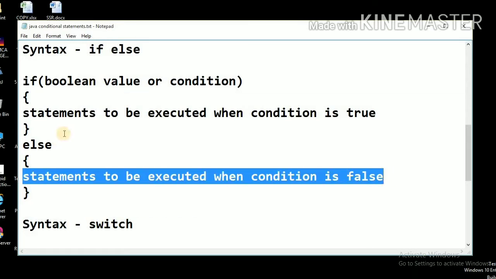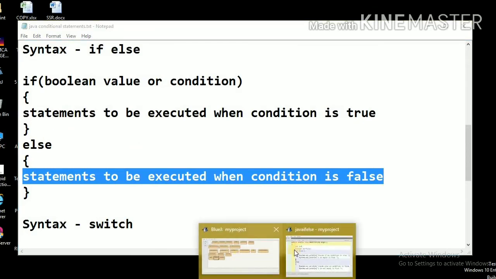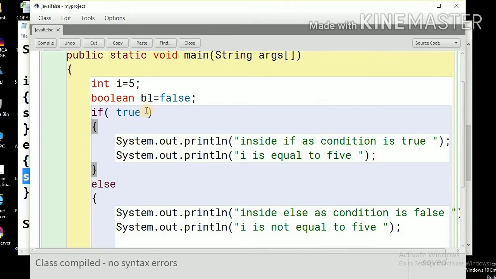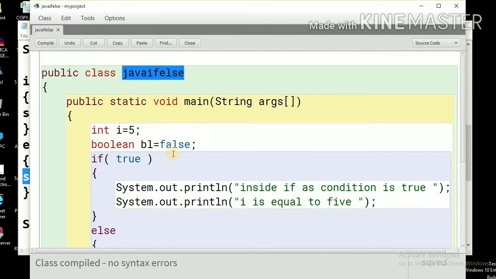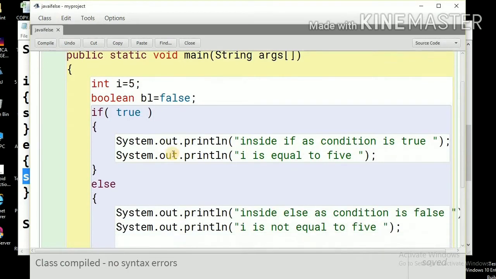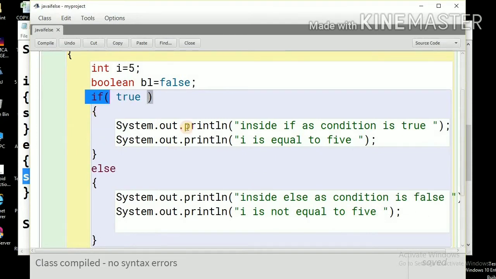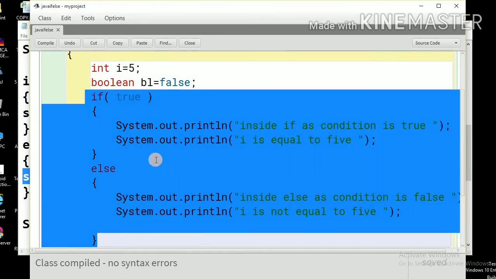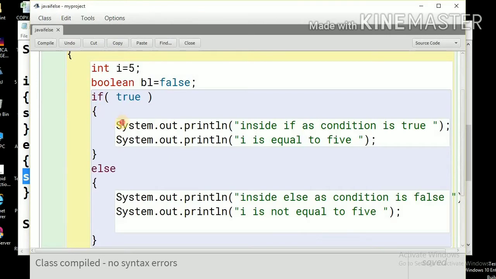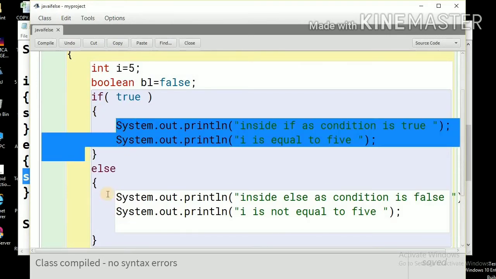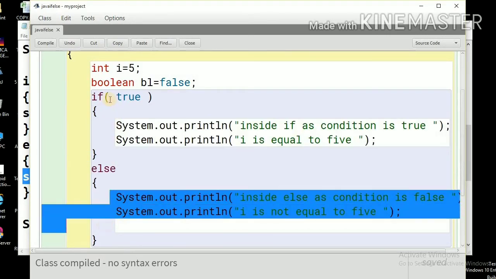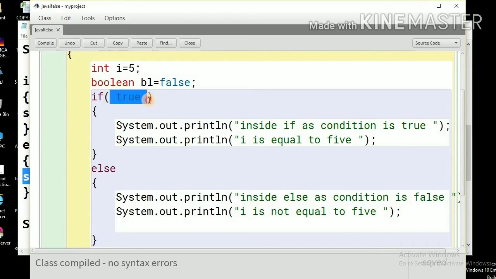Now let's see this if-else with a Java program. Here I have a very simple Java program based on an if-else condition. You can see this is a simple if-else where we have two separate blocks, the if block and the else block. Inside the if, the result should be a boolean value, true or false, as I discussed in the last lecture.